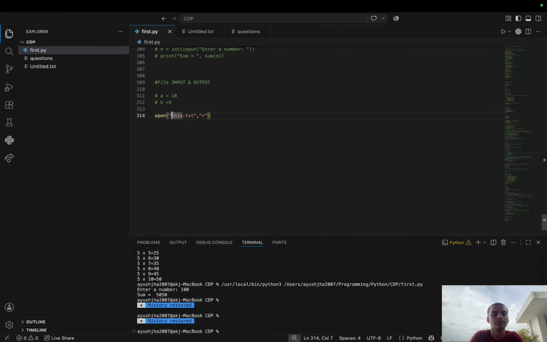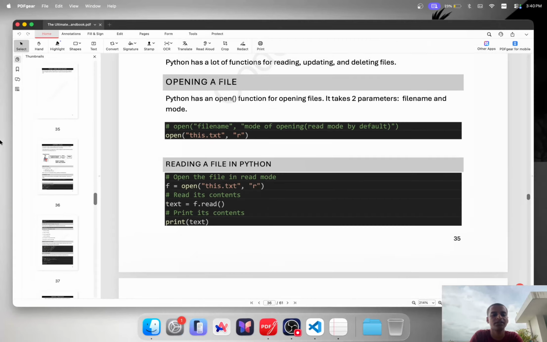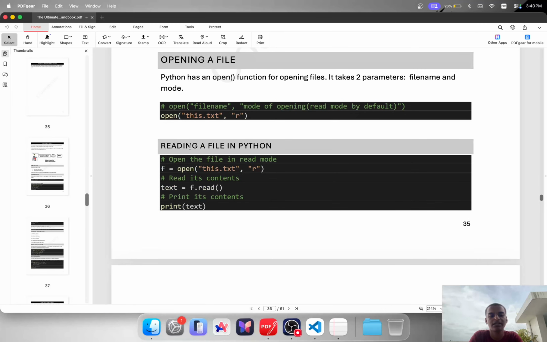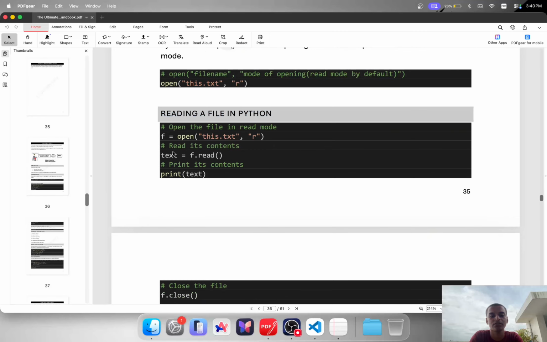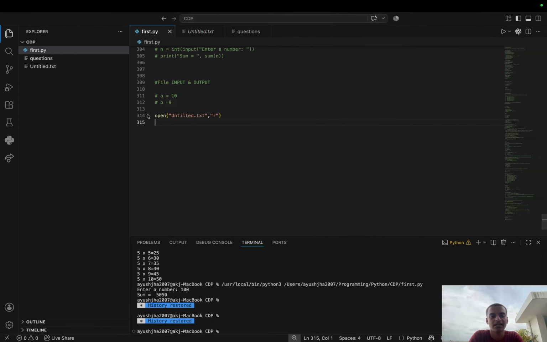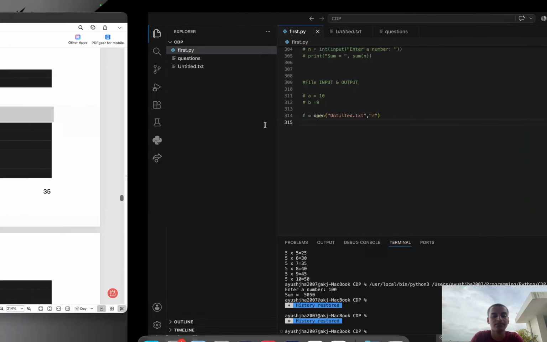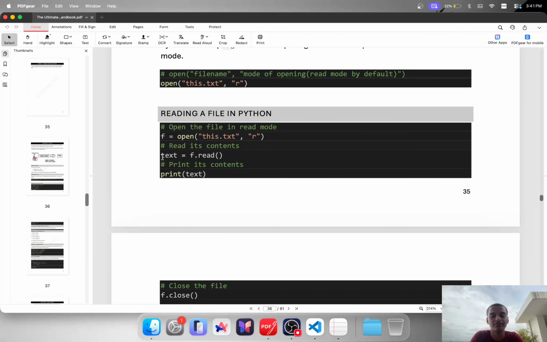यहाँ पे मैं क्या कर रहा हूँ, इसको मैं नाम कर देता हूँ untitled.txt, और ये रीड मोड में है हमारा, ठीक है। ये ओपन हो जाएगा। अब क्या कर रहे हैं हम, reading a file in Python। तो ये जो हमारा, इसको हम एक वेरिएबल में लेते हैं f, f equals this, ठीक है। तो अब हम क्या करते हैं, text equals, इसको रीड अगर हमें करवाना है ना,